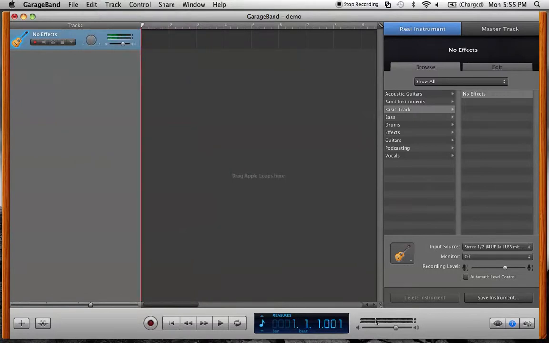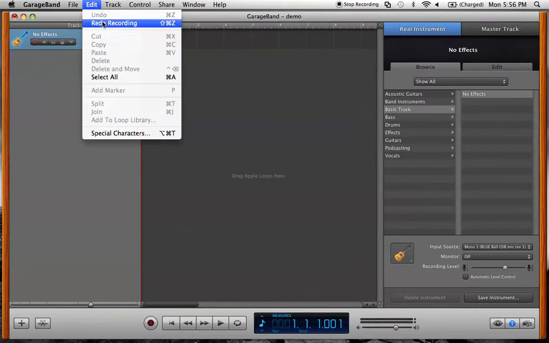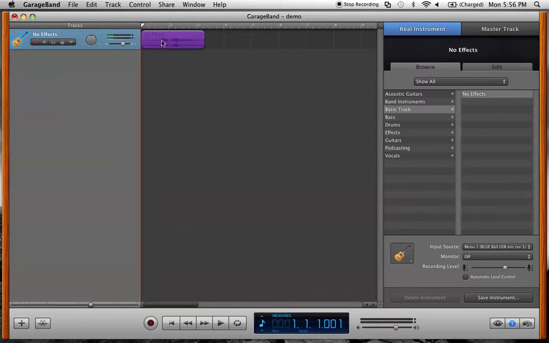One of the first things I make sure, especially because right now I'm using the Blue Ball microphone, is to go ahead and just use the mono, the one channel. So now I should just record one channel, and you saw on that last one it showed 2 bars. In fact, I wonder if I can redo that. So let's redo that. You can kind of see it shows 2 lines,